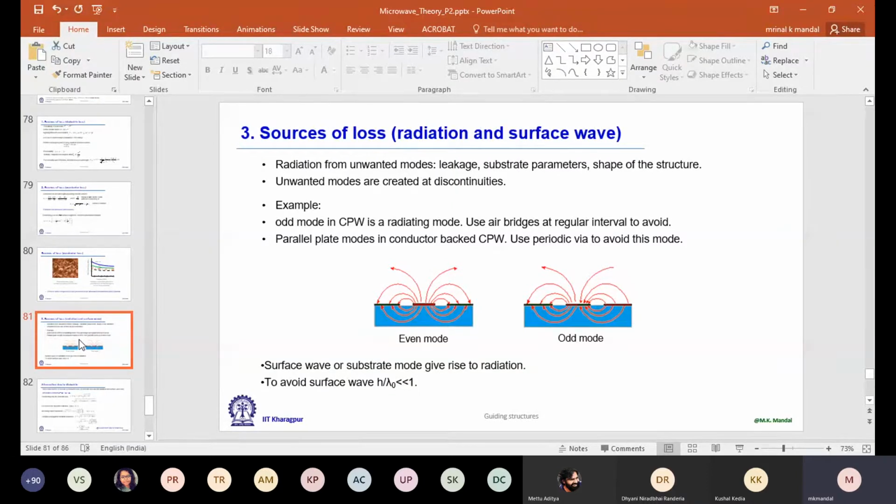So we have a category of antenna, we call it leaky wave antenna, where we don't use any resonant structure. One popular example, let's say you have a long microstrip line and you are connecting open stubs to it, many of them periodic open stubs. Now from a single open stub, the radiation coming out is very small. But once we introduce many of them, let's say 50 or more than that, then we have appreciable radiation, and we can use this structure as an antenna.